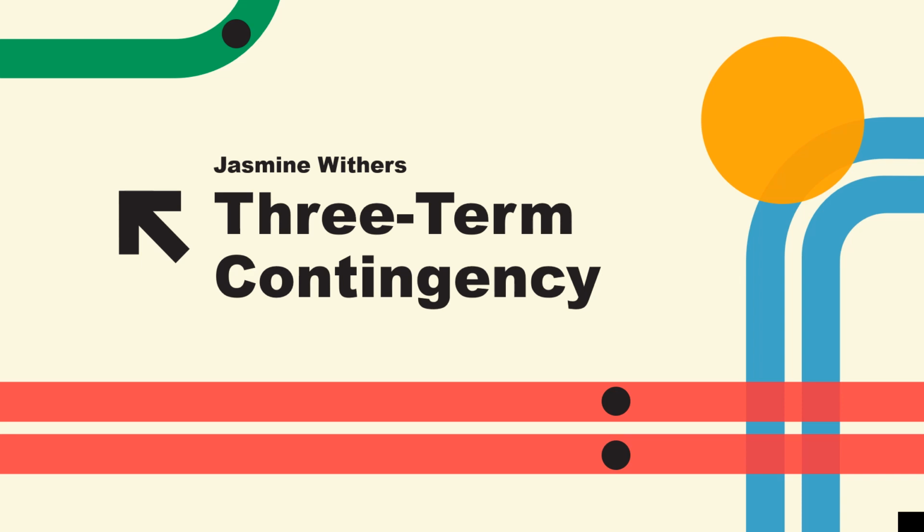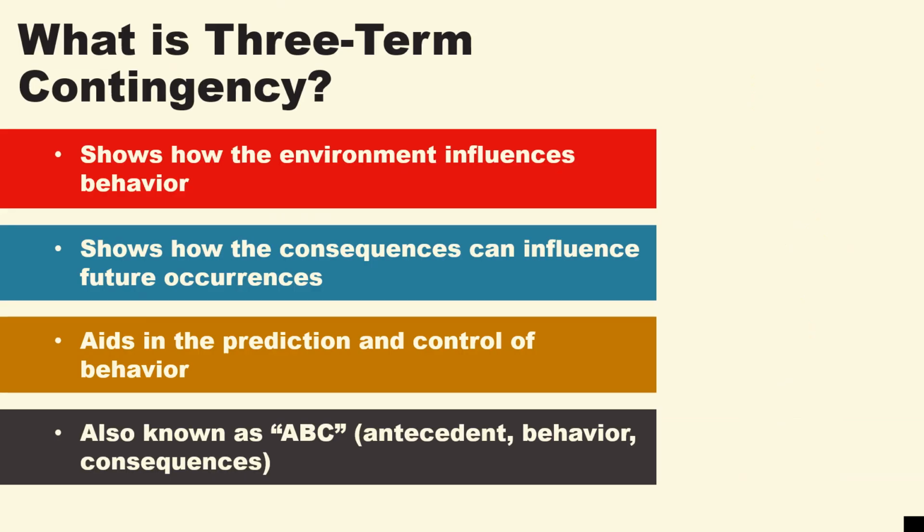Three-term contingency. What is three-term contingency? Three-term contingency is a method to collecting behavior data through observing the antecedent, behavior, and consequence